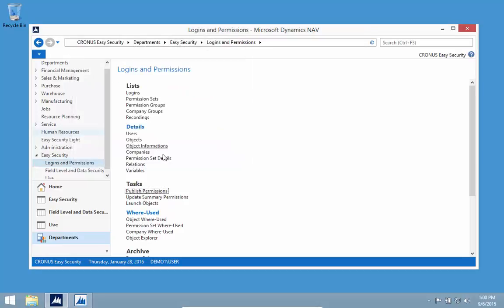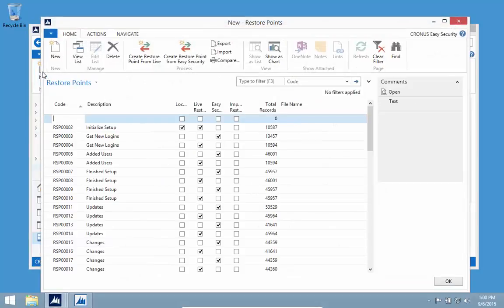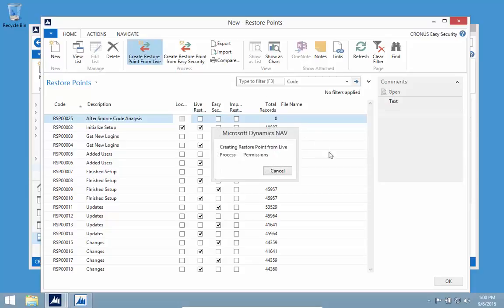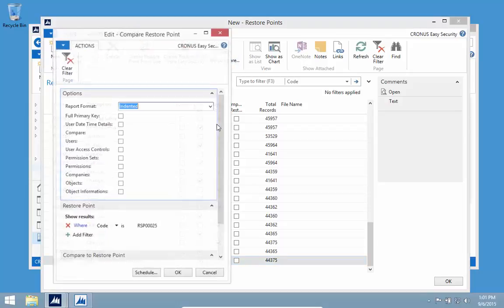So to see the changes, the best way would be to actually go to the restore points, create a new one, and then go ahead and compare this new restore point with my previous ones in here. So I can see I got 10 more permissions in here. So if I compare this one,